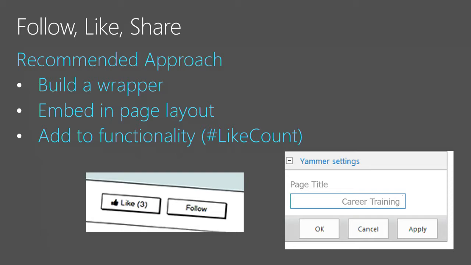So if you want to just do something simple, then just go to that link at the back and grab that web part, or an app. If you're in Office 365, you can use the app. And then that wraps all of that JavaScript up and just gives some very simple settings inside of a web part. Right. Now, the other thing that most people ask is, well, for the like button,